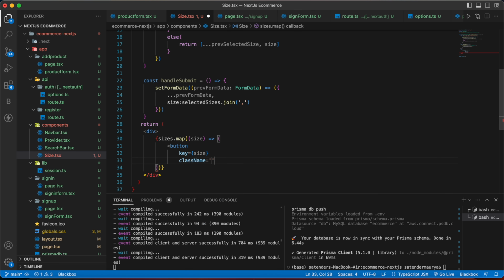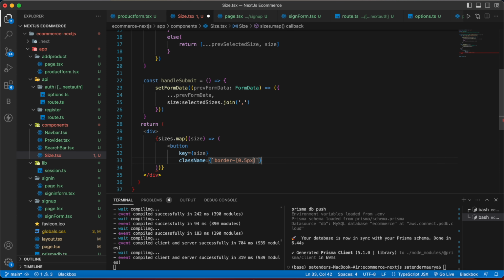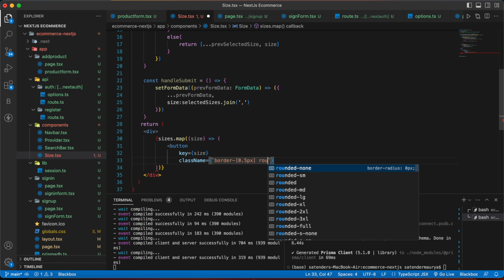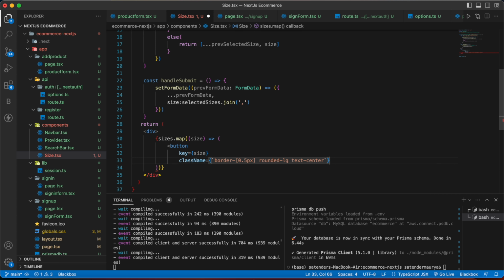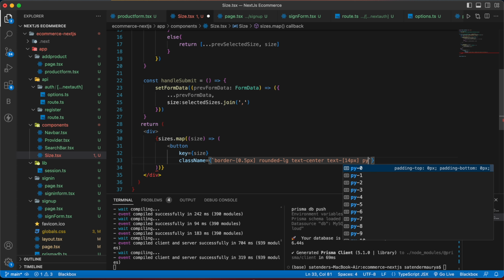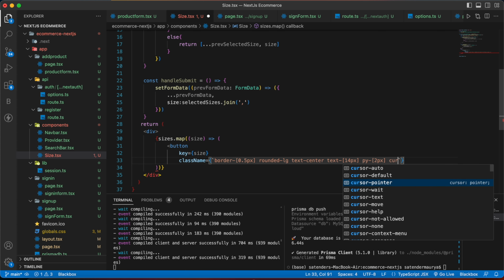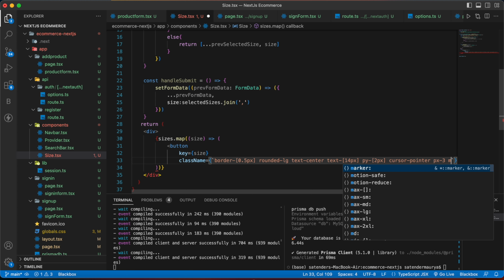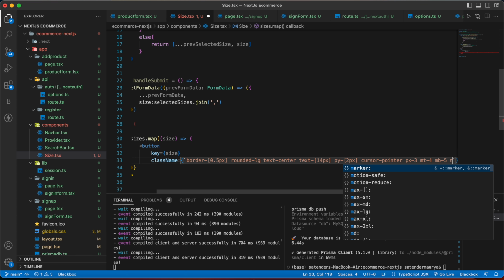Then we are going to have a className: border of 0.5 pixels, rounded lg, text center, text 14 pixels, py 2 pixels, cursor pointer, px3, mt4, mb5, mr5,